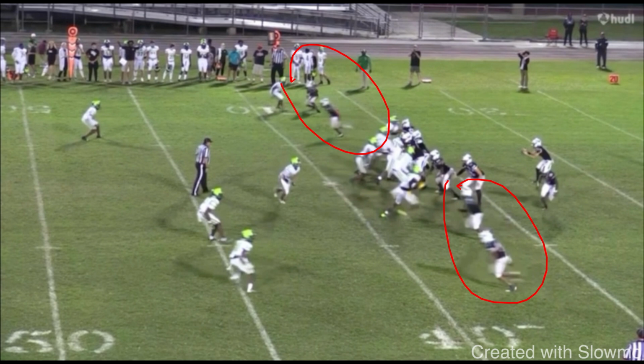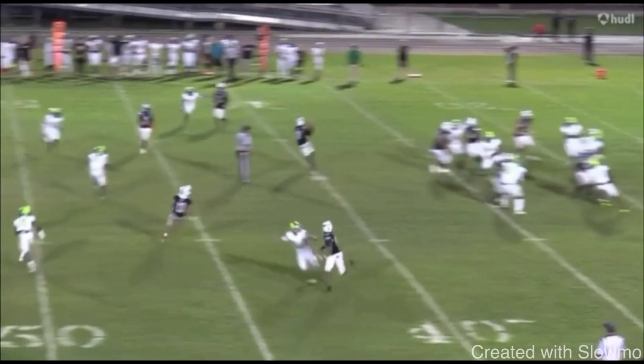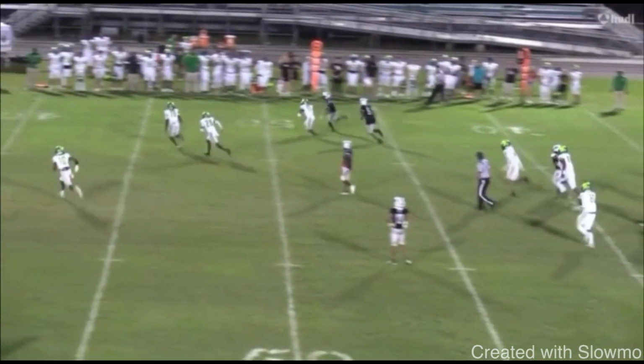Then there's probably 4 wide receivers that back up. Now think about the other team. Then think about all the teams that are in their league. Then think about all the teams that are in their city. Think about all the teams that are in their state. And then plus 49 other states, plus a bunch of other districts, and plus JUCO wide receivers, and now with the transfer portal, transfer wide receivers. So it is extremely competitive at the wide receiver position to get noticed. So the plays that you make on film are ultimately what's going to get you noticed.